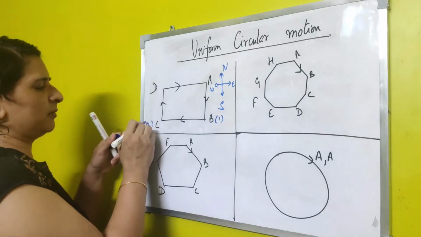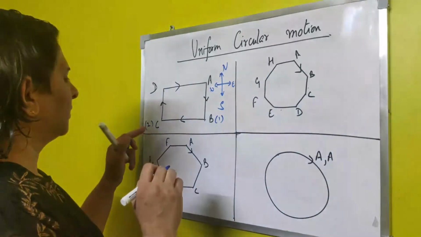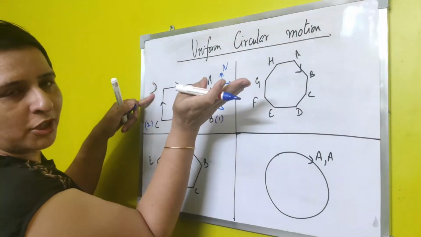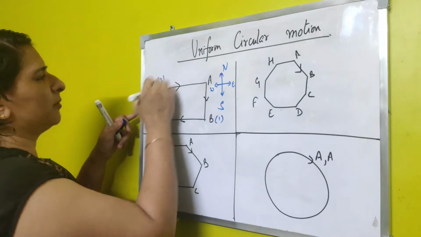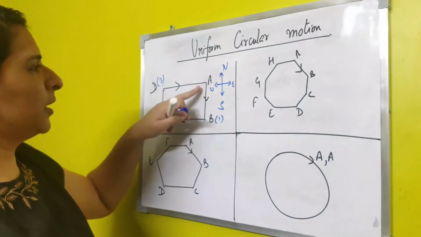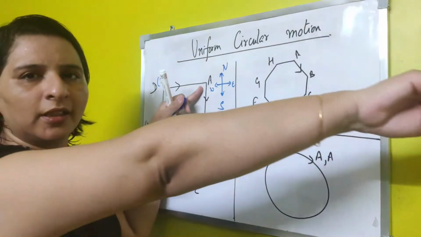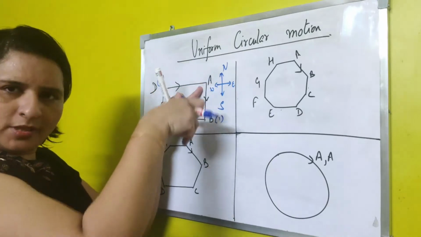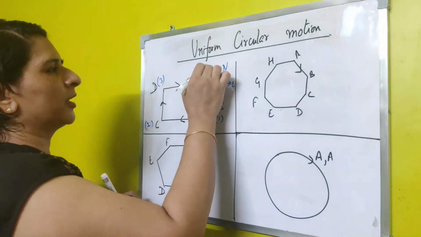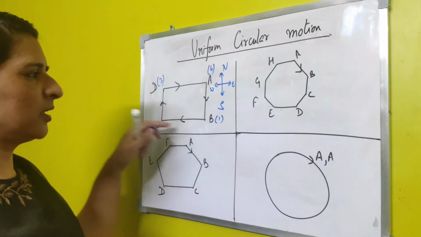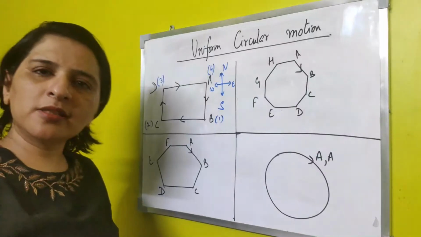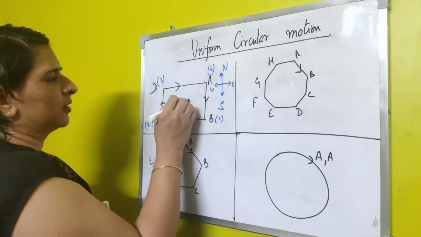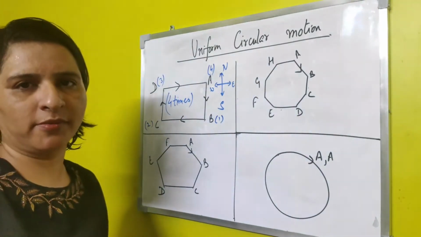So this is the second time it changes direction. Then at point D it moves towards east so as to reach point A. So this is the third time it changes direction. As it reaches point A it is facing east, but in the beginning it was facing towards B, towards south. So again it changes direction. So when this car takes this rectangular track, it changes its direction 4 times to take this closed path.